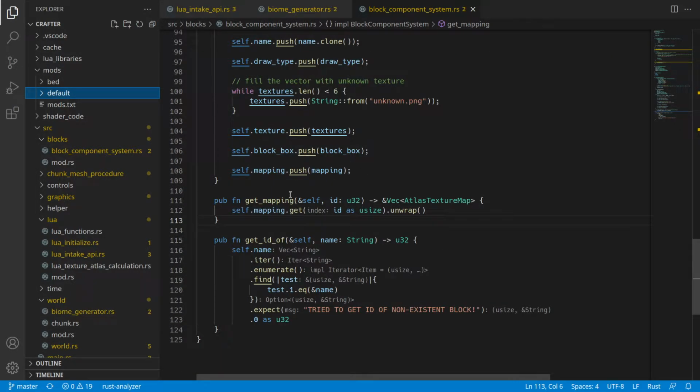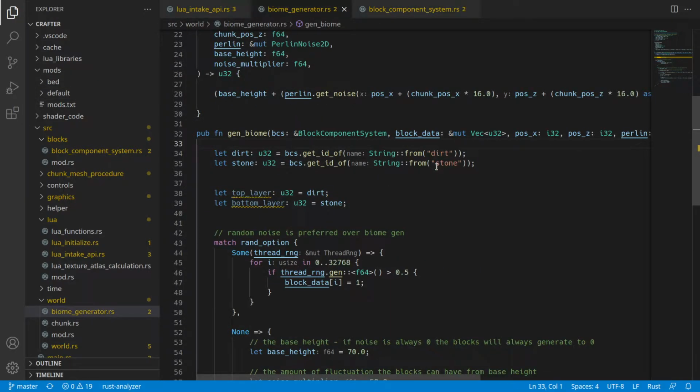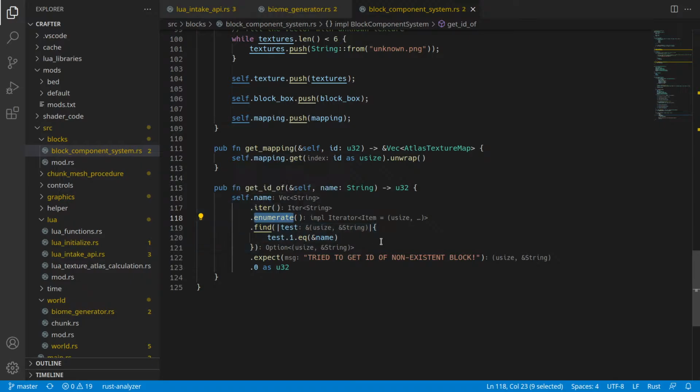So what's happening in get mapping is, get ID of is basically just enumerating. It goes for the name vector, then it iterates it and enumerates it. Enumerate just puts a number value of the index into what it's finding. So then it becomes a tuple of the index and the value, which is a reference to the string. So now it's just checking if it equals the input, which in here is we're getting dirt, stone, and then